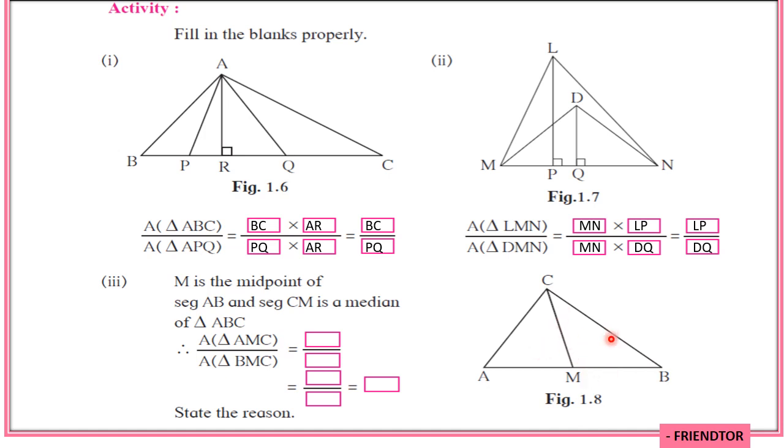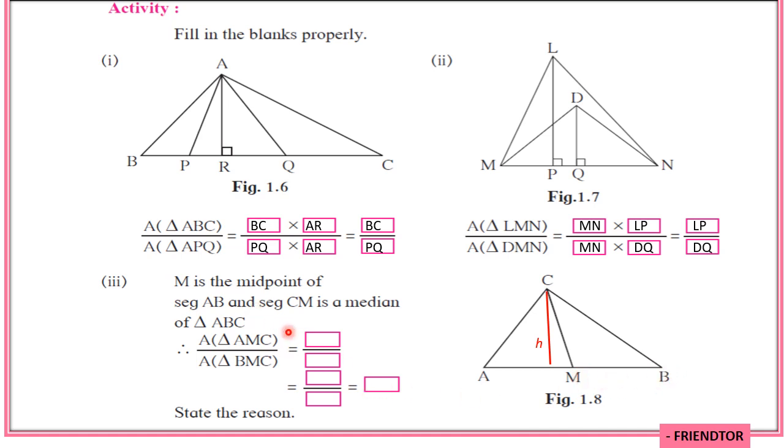The one on the right and the left, both these triangles, we need to find the ratio of their areas. Now if you see area of triangle AMC and area of triangle BMC, the first thing which is missing is that for the areas we need the height of these triangles. So first we will draw a perpendicular, and let's say the height of those triangles is H. Now for AMC also the height is H and for BMC also the height is H. Clear? So both the triangles have the same height, and for AMC the base is AM and for BMC the base is MB.